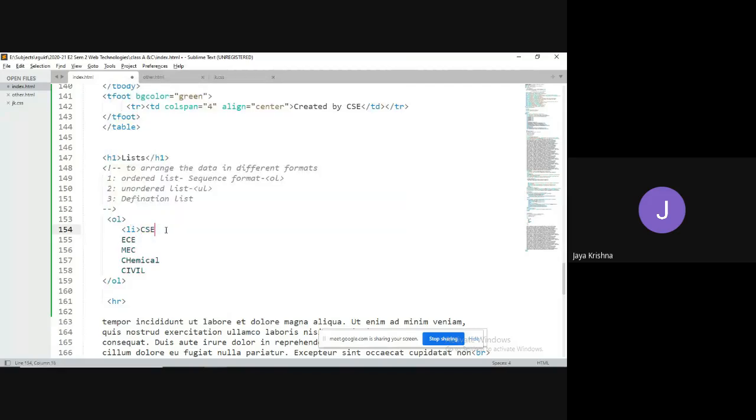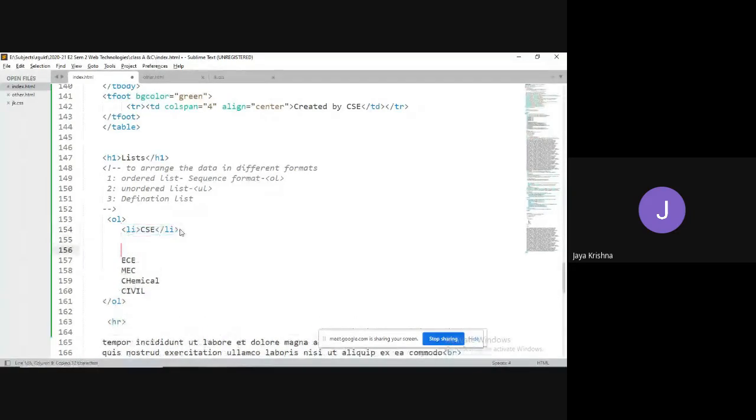The purpose of this LI tag is to add items to the created list.